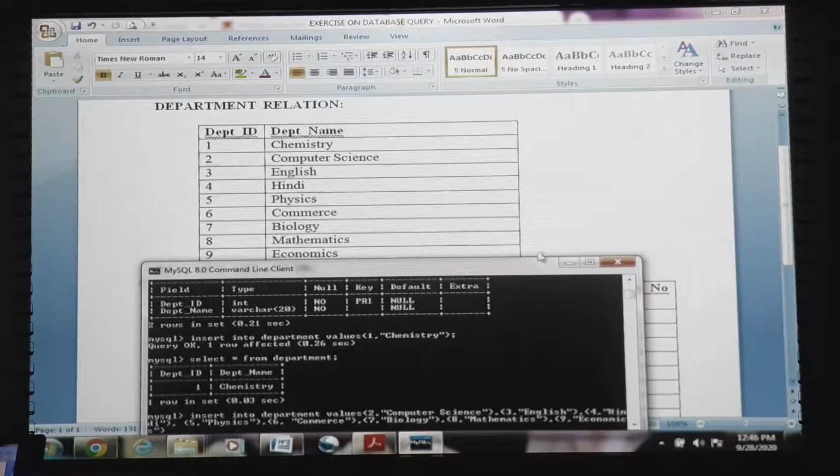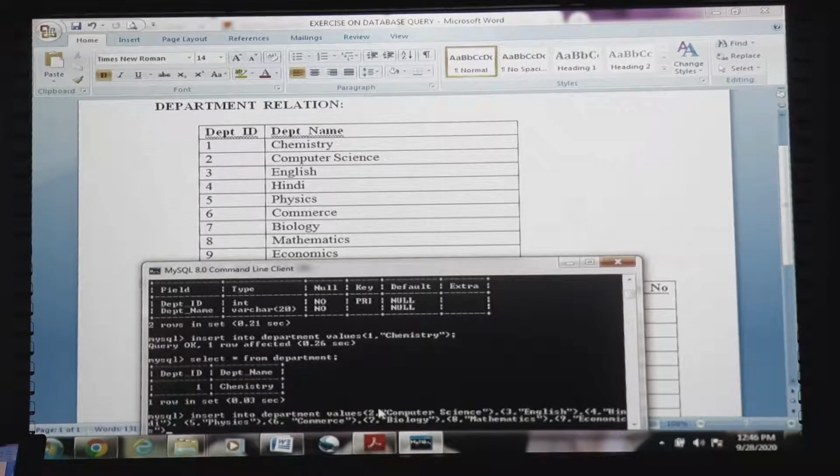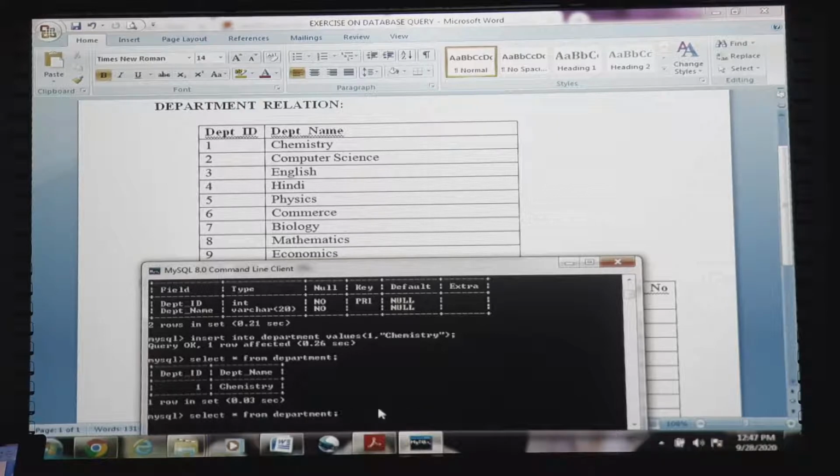See, we have inserted all the tuples. After inserting the first one, in a single query we are inserting all of the tuples which have to be inserted in this table.